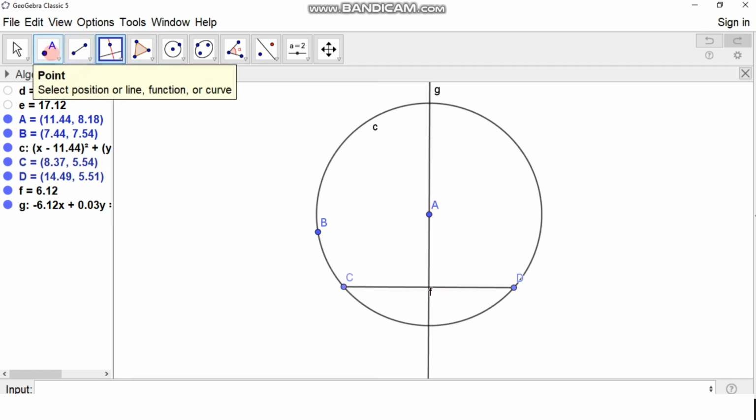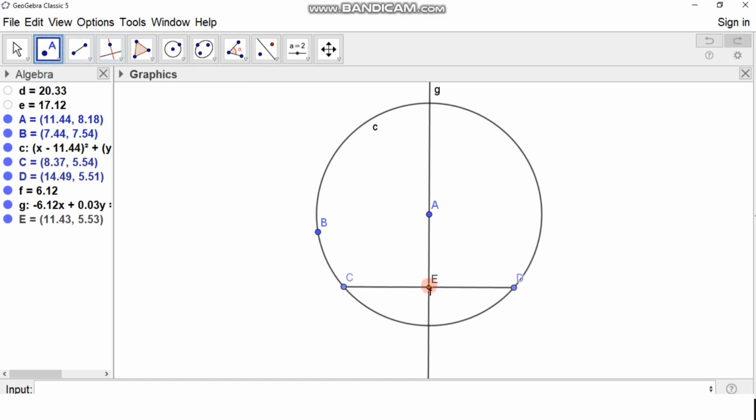Let us name this point of intersection. So this is the point E where the perpendicular and chord CD intersect each other. Now we have to verify whether this perpendicular line bisects the chord CD or not. That means if it bisects the segment CD, then the distance CE must be congruent with distance DE, as a bisector is a line which makes two equal parts of a segment. So if it is a bisector, segment CE must be congruent to segment DE.